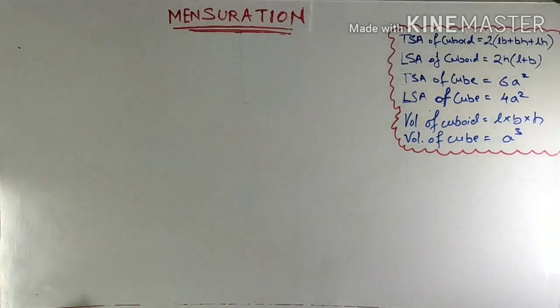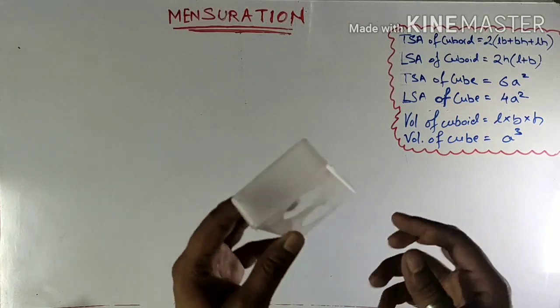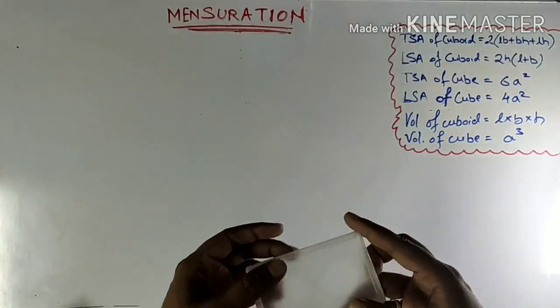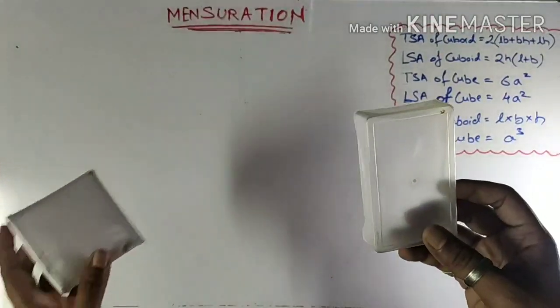In the last video we discussed the surface area of cuboid and cube and also solved a few problems based on the same topic and its application in our daily life. Today, in the second video under the same topic, the subtopic will be the volume of cuboid and cube. These objects that we were introduced to in the previous video are three-dimensional objects.